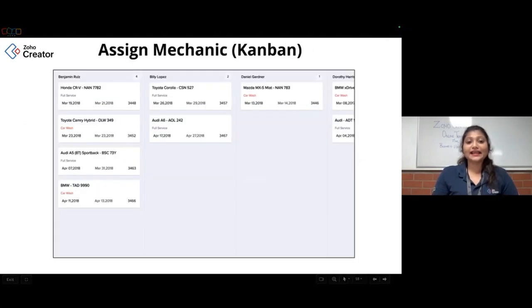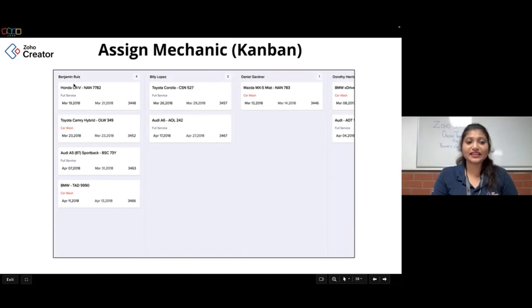And for assigning a mechanic, there will be different cars coming in for services, right? And we will have different mechanics who are specialized in different types of issues, right? In that case you can use the Kanban report. This is the Kanban report UI, where you can assign different mechanics based on the request.